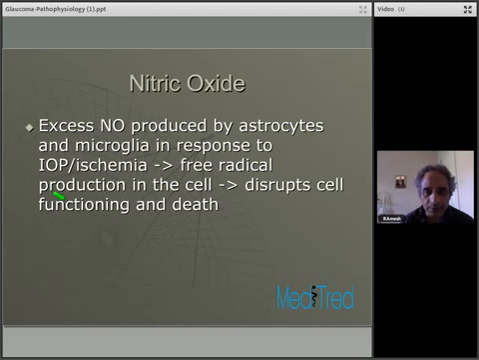Excess nitric oxide produced by astrocytes and microglia in response to IOP and ischemia leads to free radical production in the cell, disruption of cell functioning, and cell death. A lot of literature is collecting, not only in ophthalmology but in cardiology and neurology also, on the role of these free radicals and their impact on cell death. None of these have translated to clinical practice where we can utilize this knowledge